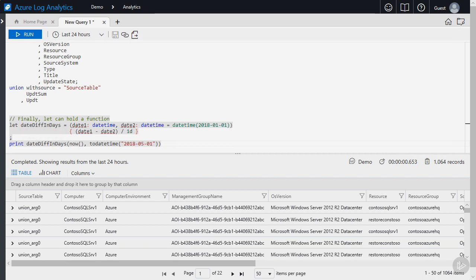I then have it set to equal, and then within the parentheses I have the parameter declaration. The first parameter is going to be named date1. I then have a colon and the data type for this variable, datetime. I have a comma, and then I have the next parameter, date2. I have a colon, and then I have the datetime data type, and then on this one, I have it